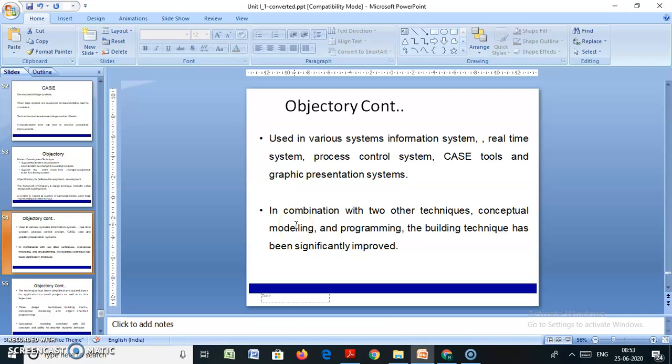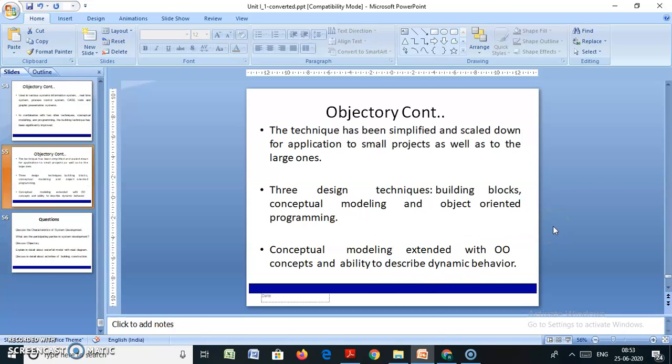Next, the object tree technique is improved significantly by adding two other techniques. The two techniques are conceptual modeling and programming languages, that is, object oriented programming. By adding these techniques to the building block technique, we can improve the object tree technique.